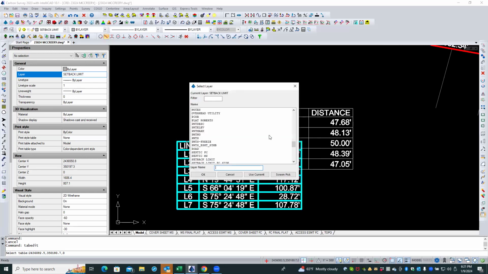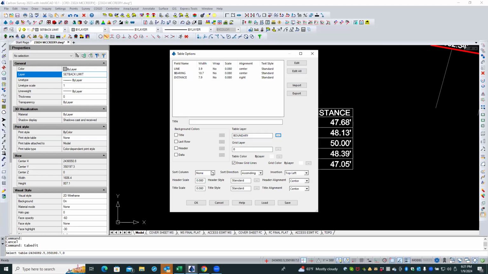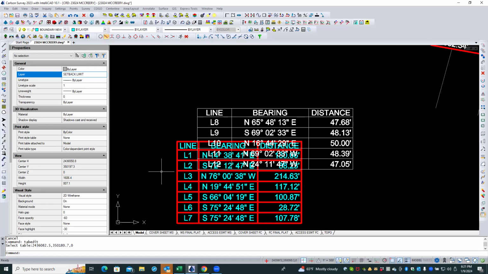What if we put it on boundary? Like that? Yeah. All right, let's see if that lets us. All right, so that is on boundary, but